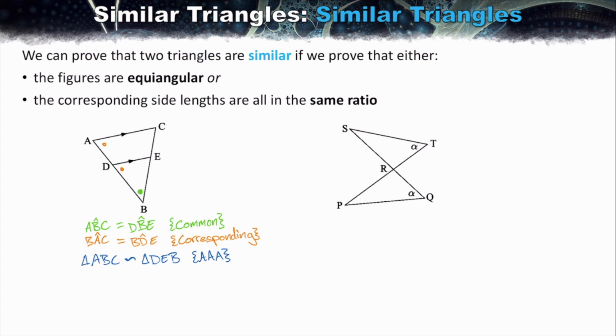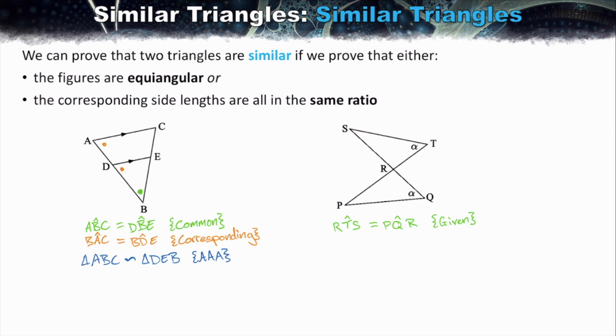Now, we're just going to quickly show that one more time with these two triangles, SRT and RPQ. So when I'm looking at this one, the first thing I notice is they've given us some information here. They've given us this alpha on both, at the vertex T and the vertex Q. So the first thing I can say here is the angle at T between R and S has to be the same as the angle at Q between P and R. Our reason here is it was information that was given to us. So we actually just write it was given